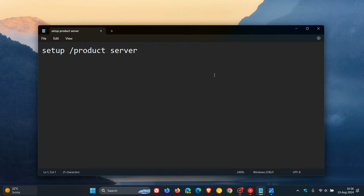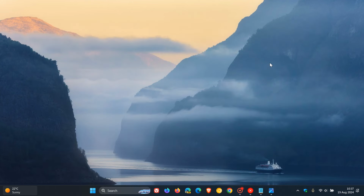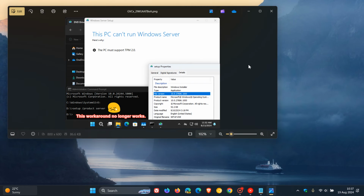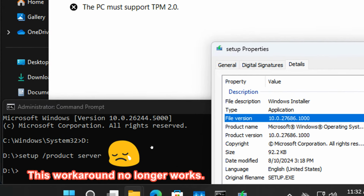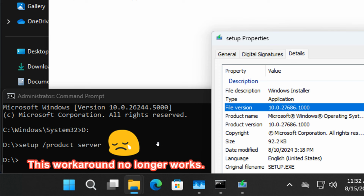So in that Canary channel build from last week, Bob Pony, once again over on X, has noticed something interesting, that the command line, the setup /product server, as I mentioned, that workaround for bypassing the system requirements check doesn't work anymore in last week's Canary channel build. So I thought this was interesting. So it seems now that Microsoft is clamping down even further to stop you using unsupported hardware to run